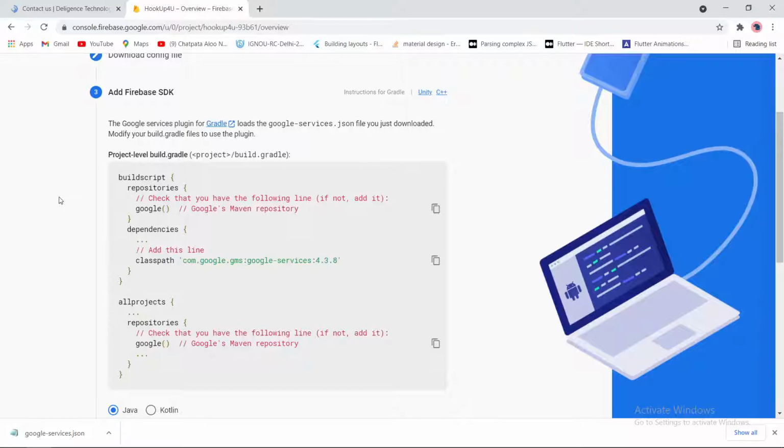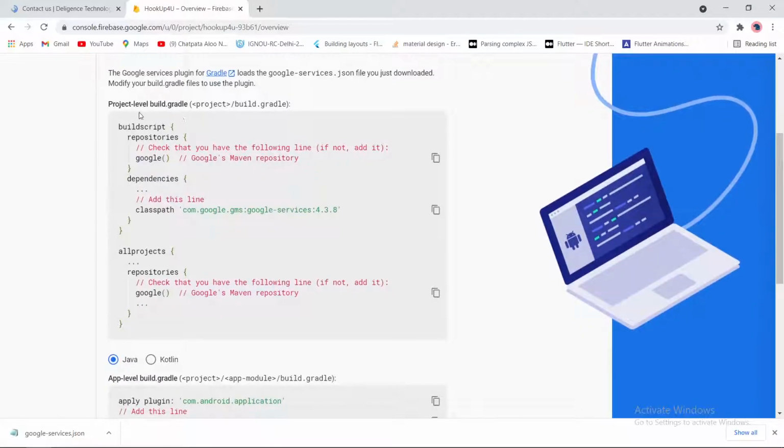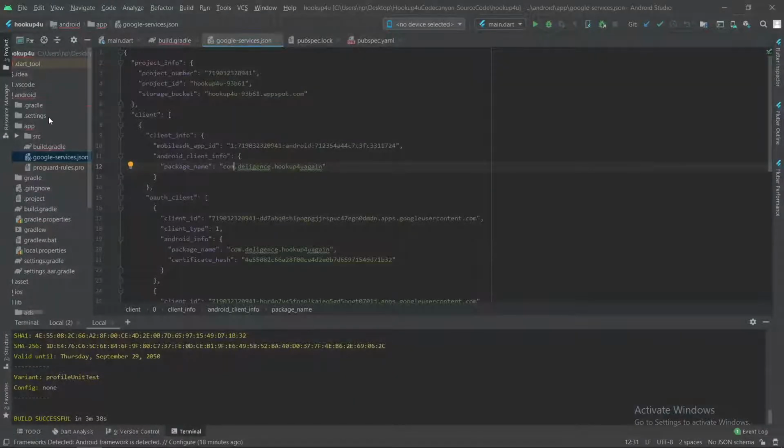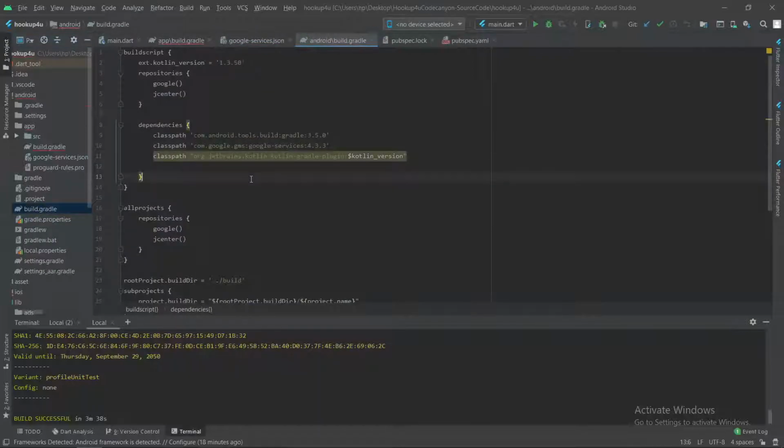Now in the third step we need to add the Firebase SDK. There are two build.gradle files, one is project level and one is app level. Make sure that you implement all these dependencies as said here. We'll check what files we have. First we go to the project level build.gradle.